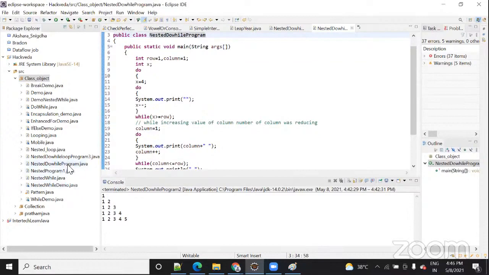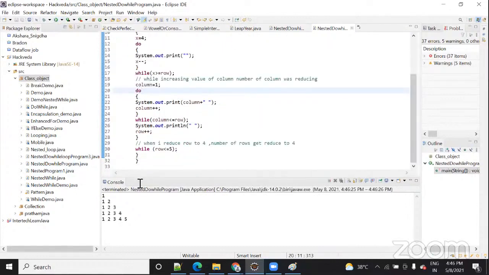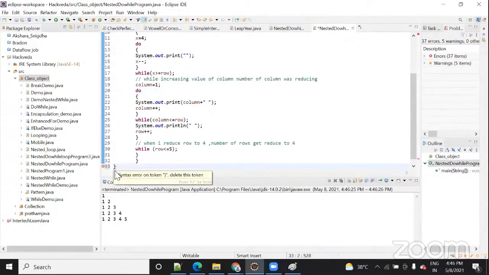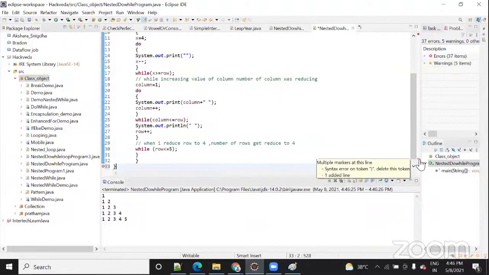So here also it will get changed, right? After that you can simply run it, no error will come, right? Similarly, another way of debugging: suppose here, by mistake you add double curly braces, it will show you a syntax error, delete this token. When you click on this, you can remove it. So this is called debugging, meaning it is giving a hint by your